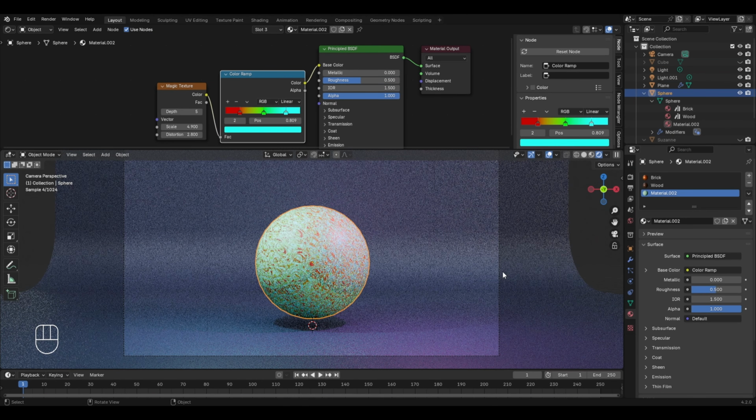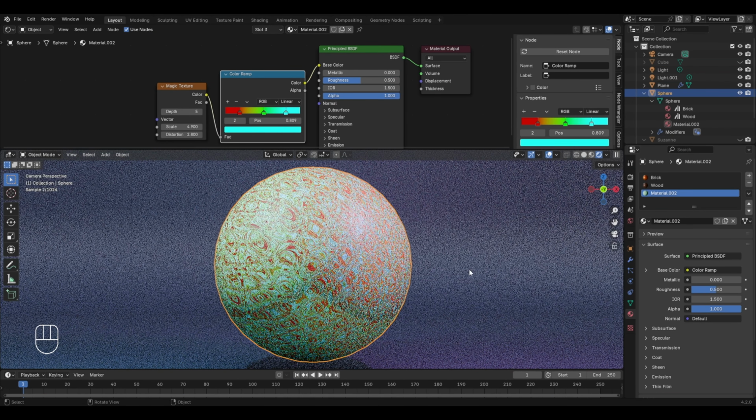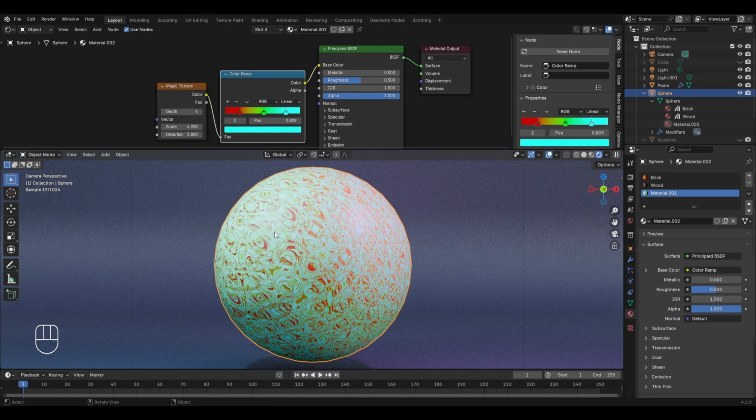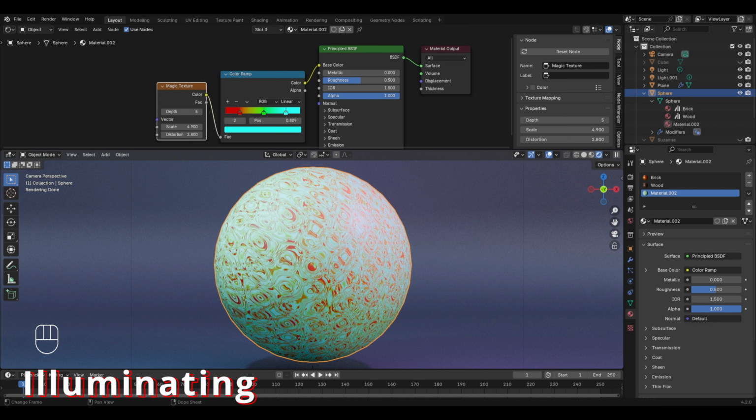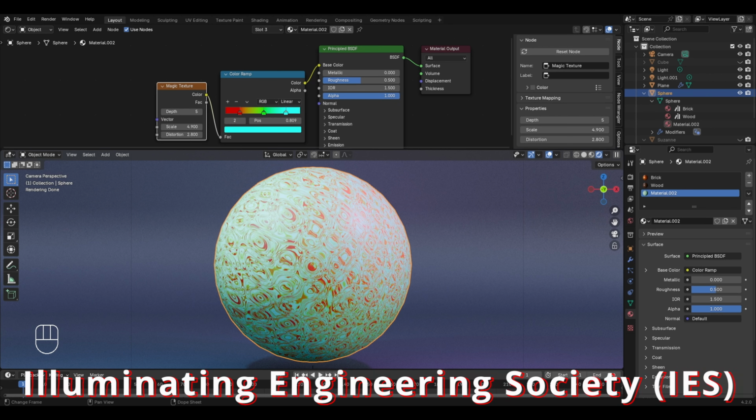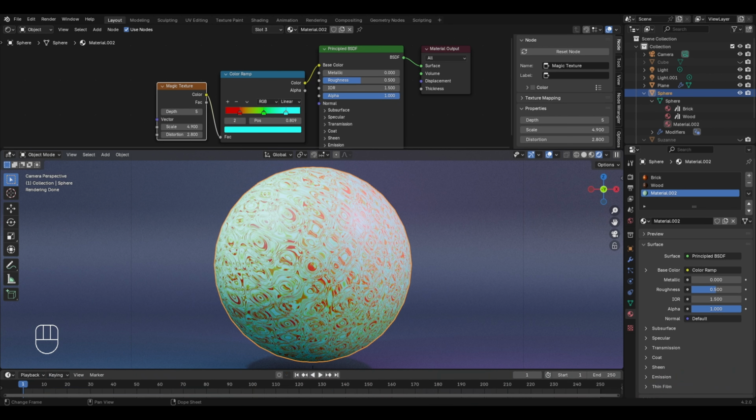So I've opened this materials file where we created this material in the last chapter by using the magic texture node, and in today's chapter, our first topic will be to understand the IES texture node. Now the IES texture is used to match real world lights based on some IES files. To make you understand this in a better way, let's first understand the full form of IES. So IES stands for Illuminating Engineering Society, and this IES texture will use a particular file that we can download online, and it will describe how the light will be distributed in our scene.